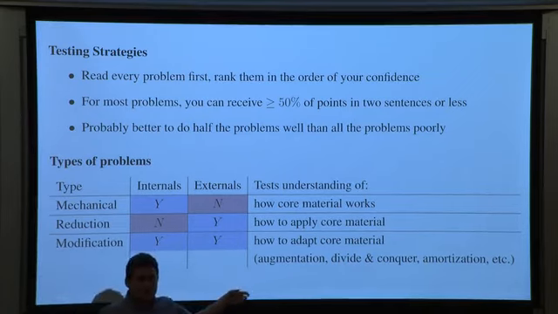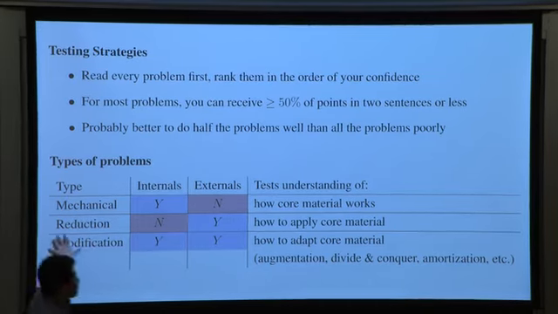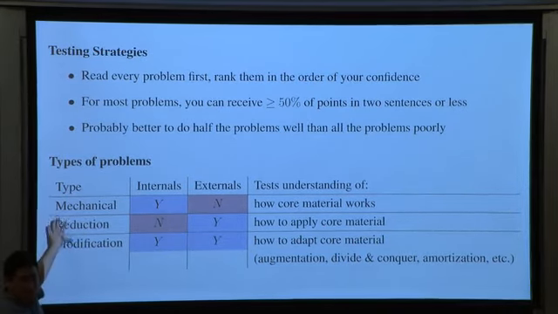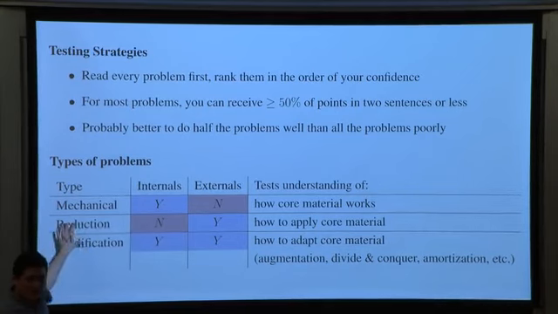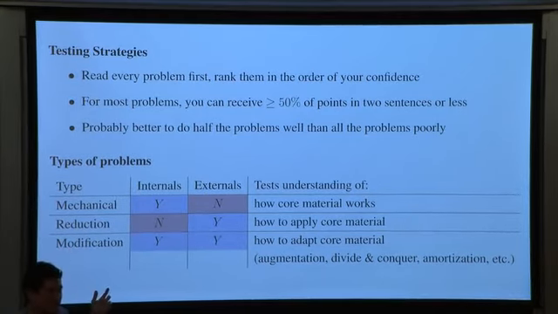Augmentation. I have to take the vanilla set AVL tree that I might have given you and put some other property on the nodes, and you need to tell me how to maintain that. How can I compute that subtree property from its children? Does that make sense? So this is the harder of the things. If you can identify which one of these a problem that you look at on an exam fits under, maybe that can help you conceptualize what you should use.